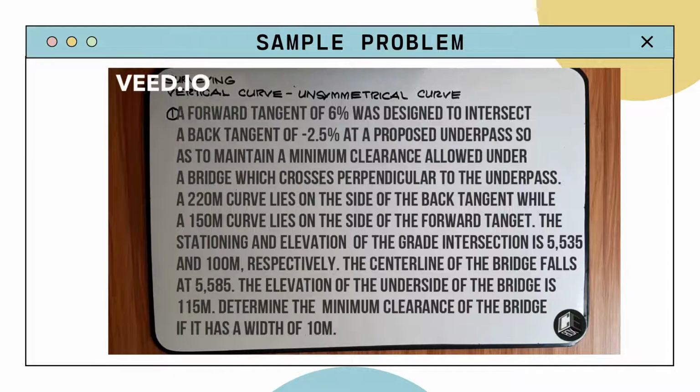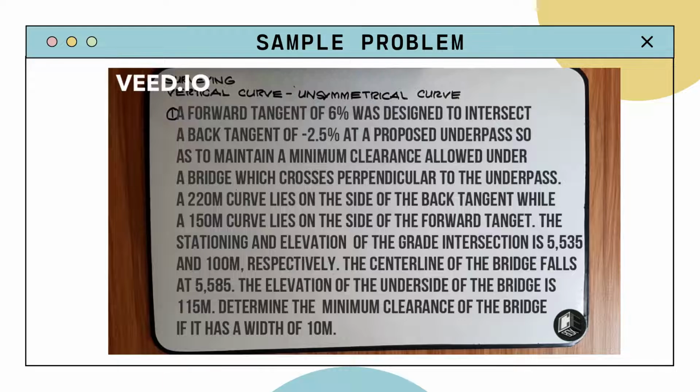Problem number 1. A forward tangent of 6% was designed to intersect a back tangent of negative 2.5% at a proposed underpass so as to maintain a minimum clearance allowed under a bridge, which crosses perpendicular to the underpass. A 220-meter curve lies on the side of the back tangent, while a 100-meter curve lies on the side of the forward tangent. The stationing and elevation of the grade intersection is 5,535 and 100 meters respectively. The center line of the bridge falls at